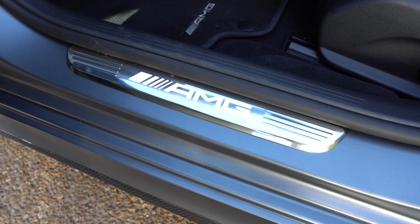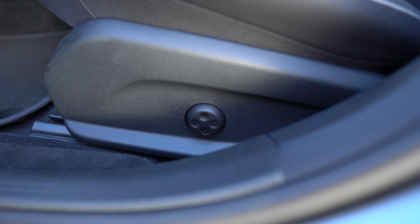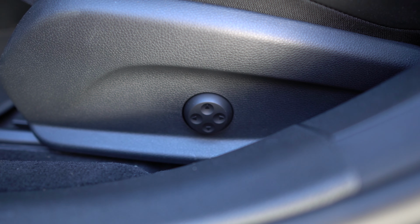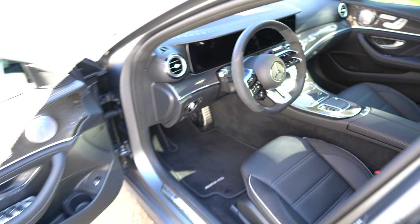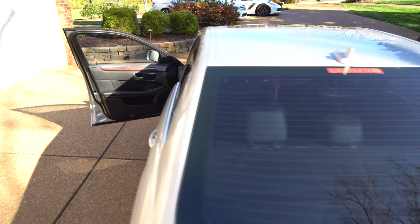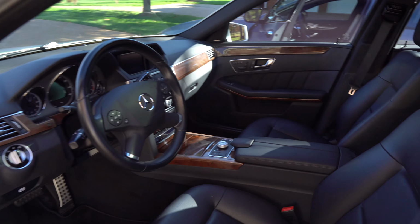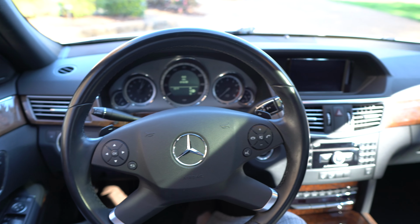Illuminated AMG door sill, of course. And there you go. Exact same button practically. Lumbar adjustment. So let's hop in the 2011. Take a look at the POV of the startup and the interior, and then we'll do the same on the 21. Behind the wheel of the 2011,